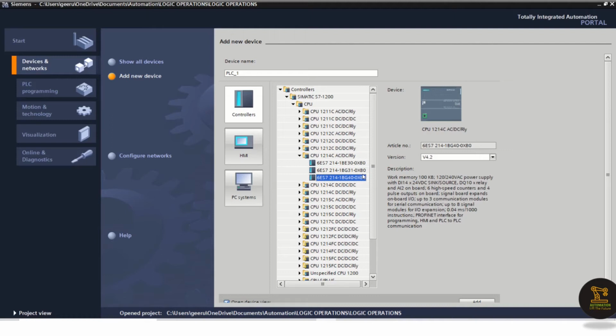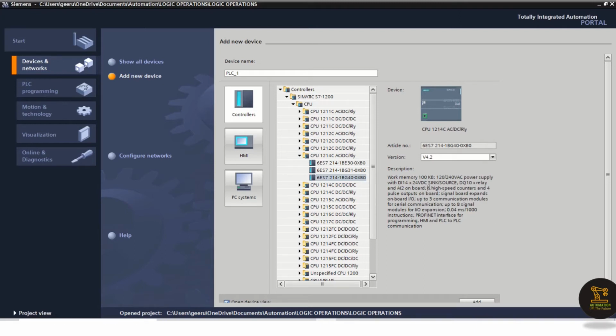I already discussed the memory and power supply. Digital inputs 14 are there. Digital outputs 10 are there. And analog inputs 2. So the numbers indicate DI 14, digital inputs 14. DQ, digital outputs 10. AI, analog inputs 2.